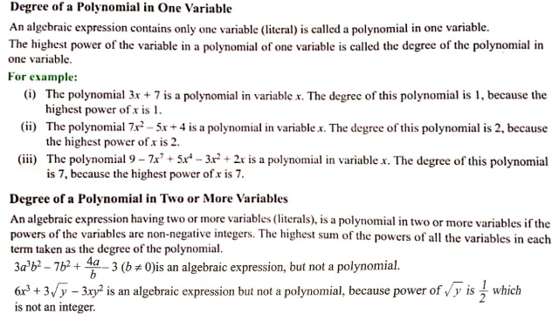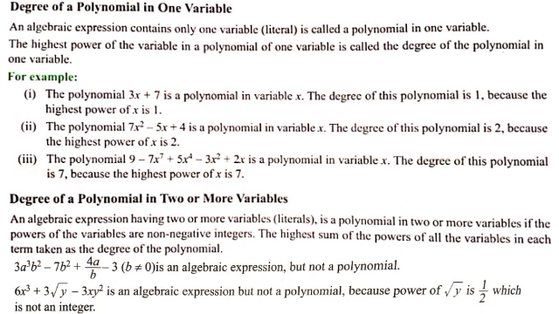Degree of polynomial in one variable. An algebraic expression containing only one variable or literal is called a polynomial in one variable. The highest power of the variable in a polynomial of one variable is called the degree of the polynomial in one variable. For example, the polynomial 3x + 7 is a polynomial in variable x, and its degree is 1, because the highest power of x is 1. The polynomial 7x² - 5x + 4 is a polynomial in variable x, and the degree is 2, because the highest power